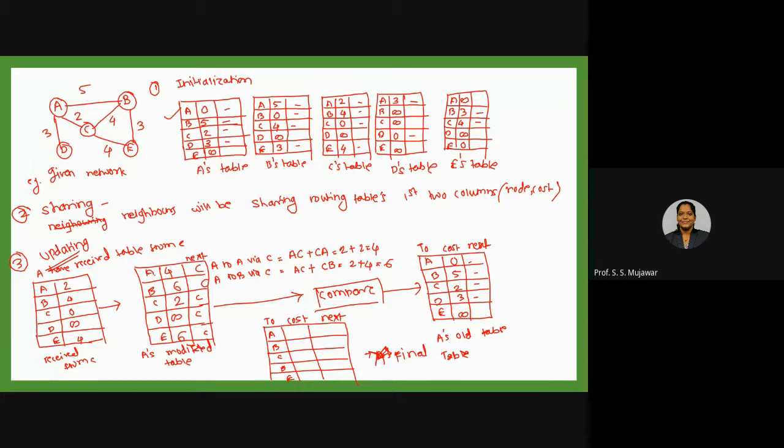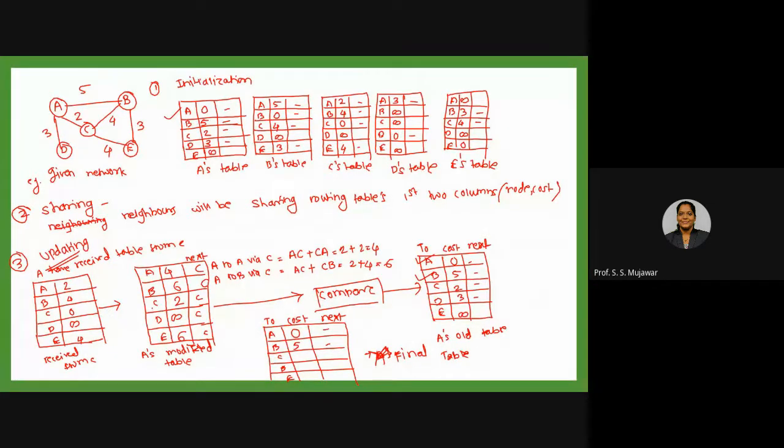Now we will compare A and A. This is through C, this is directly from A. The value requires 4, the value is 0. So I can choose 0 here. I will be choosing this. Now, to reach B through C, I need 6. To reach B directly from A, I need 5. So I will be choosing this. Okay, through A only, so I will just mark dash.